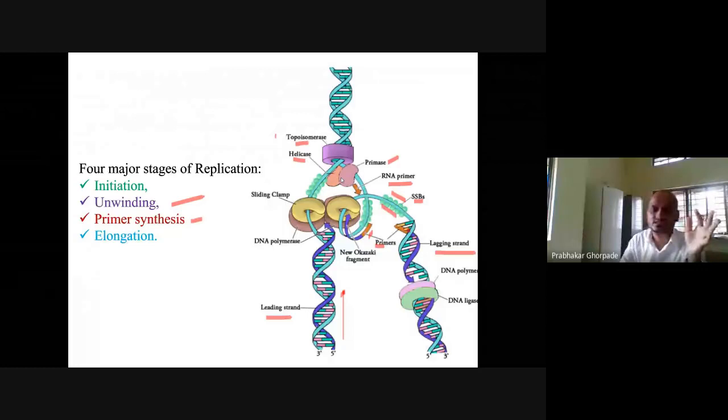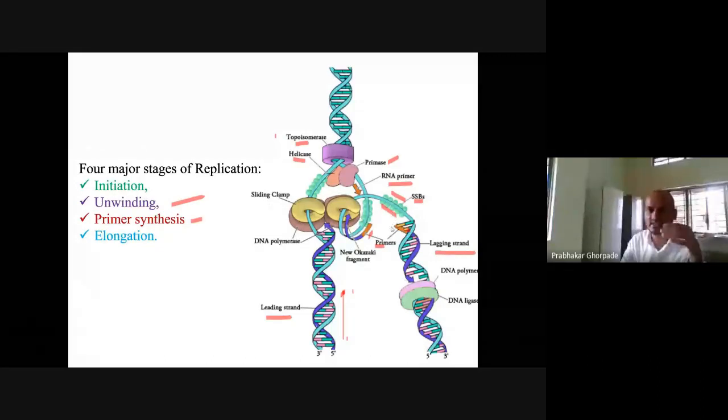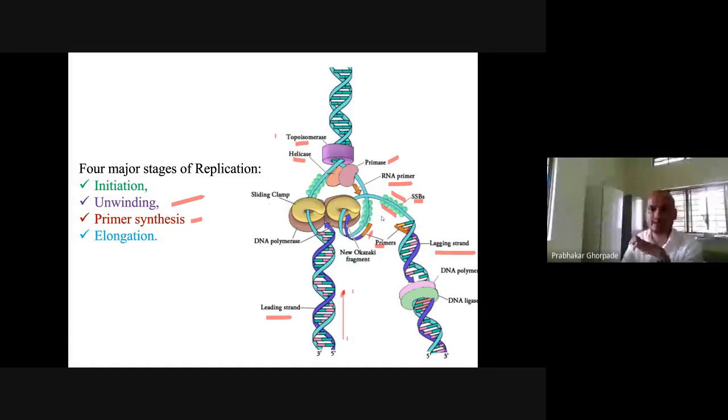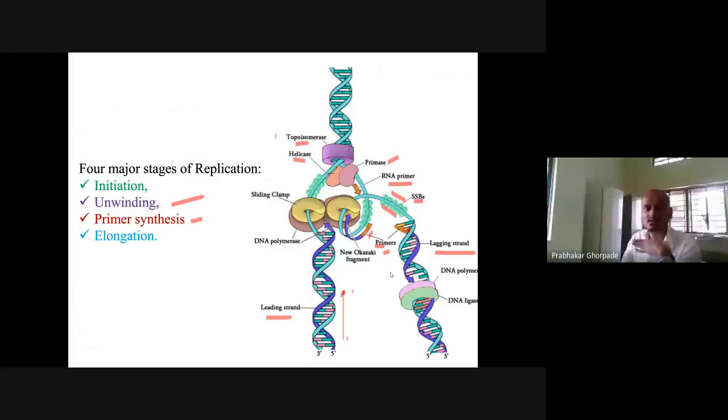This direction is 5' to 3'. But what happens in that other direction? In that direction, the direction of the DNA changes. So we will need short fragments of primers in the lagging strand, and this lagging strand will help to synthesize short DNA fragments, depending on whether it is eukaryotic or prokaryotic, and then this replication process can go forward, right? During this process, we will need DNA polymerase.